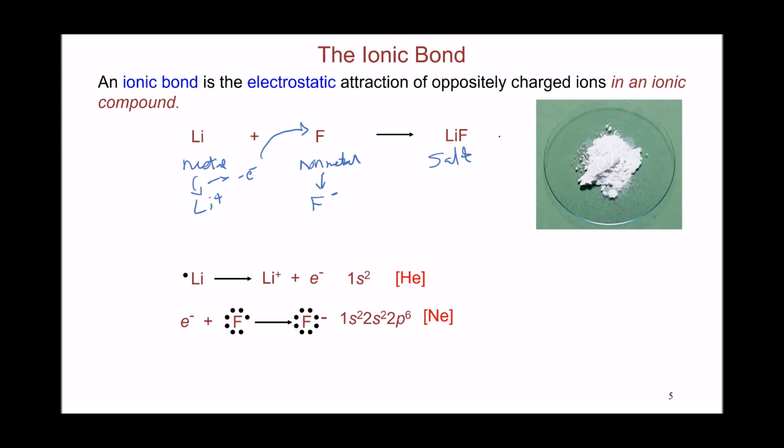And since those are negative and positive charged particles, they will electrostatically attract each other and make an ionic compound. Because this electrostatic attraction is a very strong interaction, these compounds will be very stable. They will have a very high melting point, because in order to melt it, you need to overcome the electrostatic attraction that holds it together. And since the attraction is strong, you will need a lot of energy,